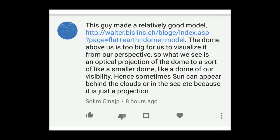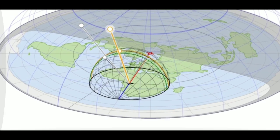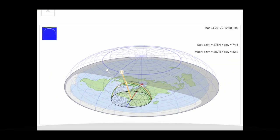This guy made a relatively good model. The dome above us is too big for us to visualize from our perspective, so what we see is an optical projection of the dome to a smaller dome, like a dome of our visibility. Hence, sometimes the sun can appear behind the clouds or in the sea because it's just a projection. And here's the picture. I think it could be something just like this, where each individual person has a dome of sight around them,